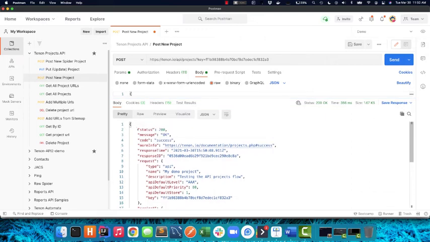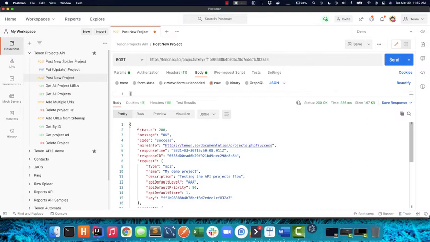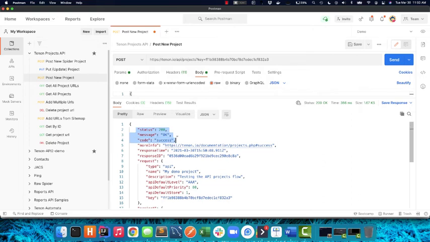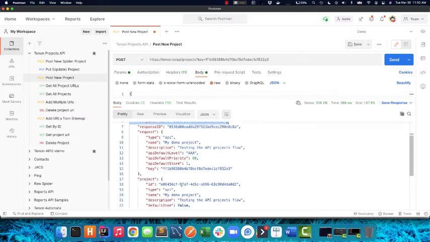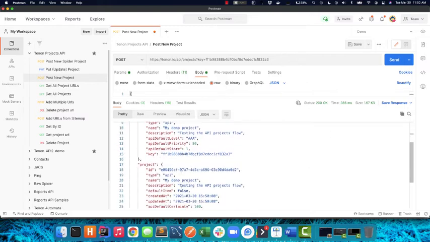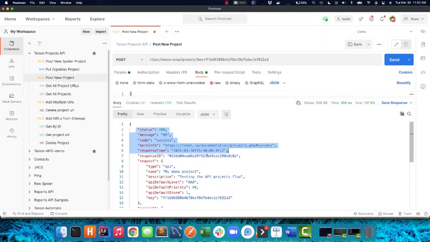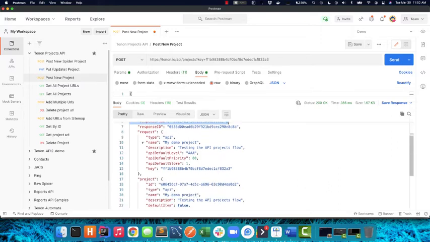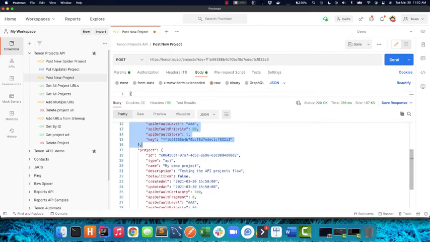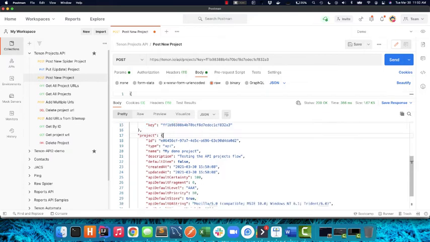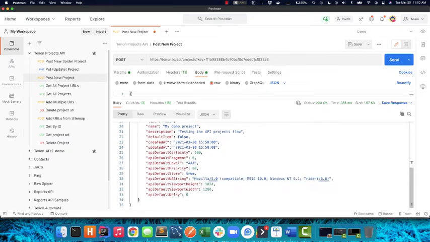Very similar to the other responses that we got out of API version 1. We give you the status and the message and the code. We give you this more info link. We give you the response time, and then we give you a response ID. The response ID is just a random ID. The request we echo back to you just like before. And then you get back this object, the project object, and this is going to tell you what the actual